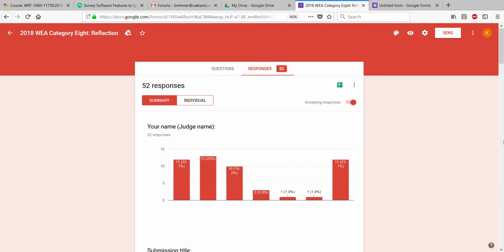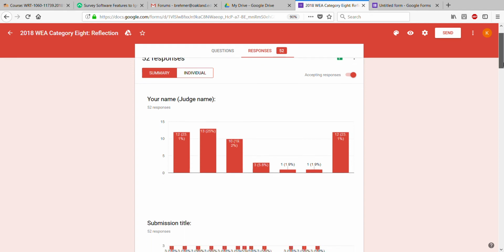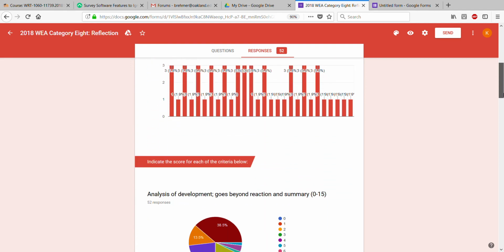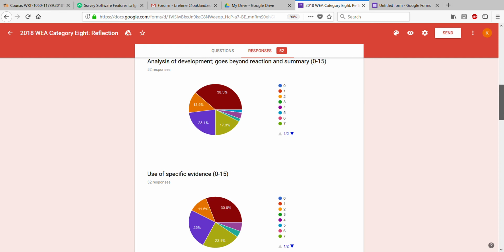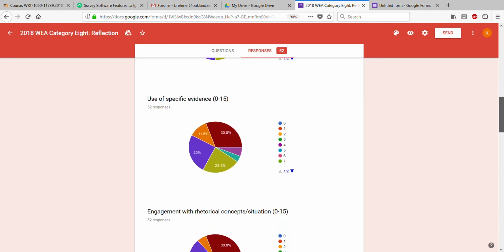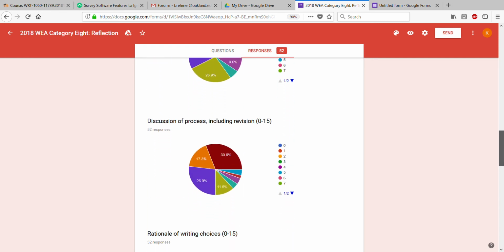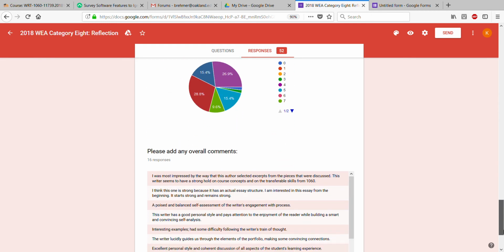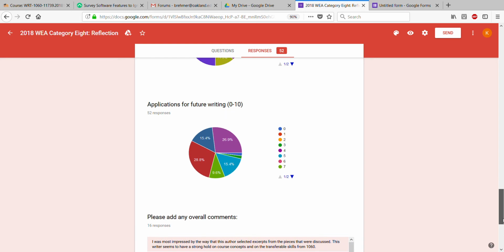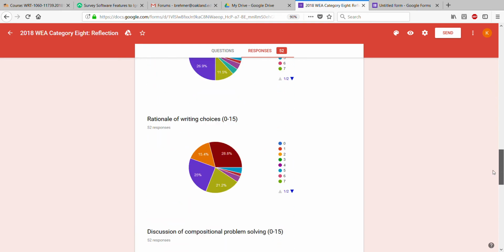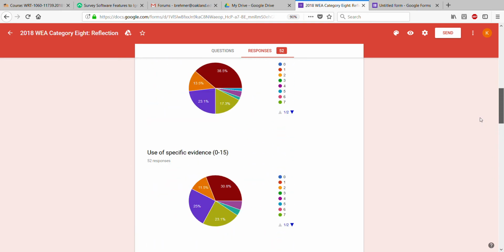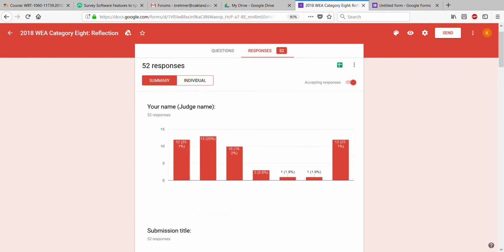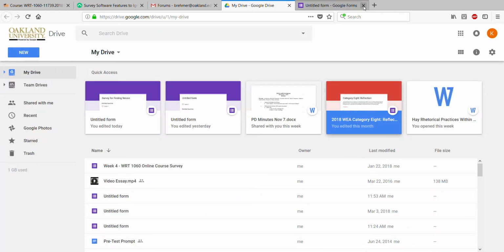So you can see once you have your responses in, these are the graphs and charts that are made for you. You can change what kinds of graphs and charts you have, but it's actually pretty cool. It does all this for you. And if people leave comments, they'll be at the bottom for you, or wherever you placed it in your survey. So that's how Google Forms works, and it's pretty cool.